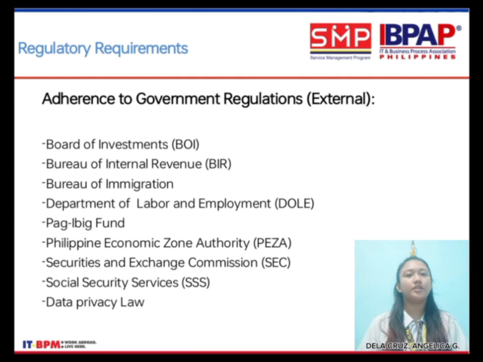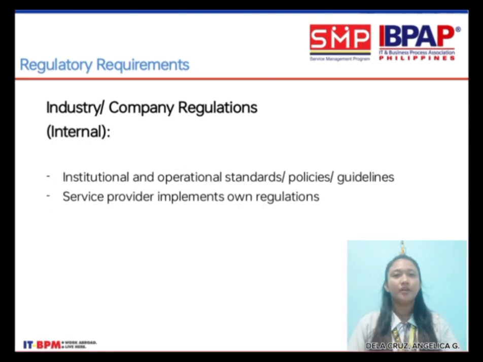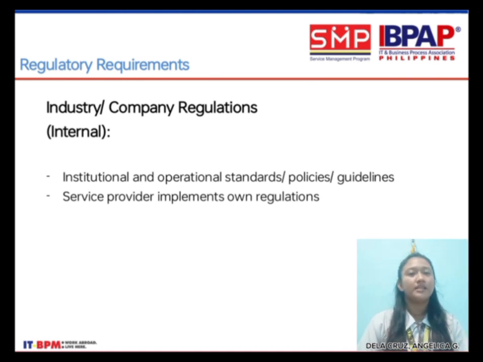This government agency is essential to ensure that businesses and individuals comply, to avoid potential penalties or consequences. Industry or company regulations, internal, institutional, and operational standards, policies, or guidelines. Service providers implement their own regulations. These are the policies and guidelines established by an organization to ensure proper functioning, compliance with external regulation, and alignment with